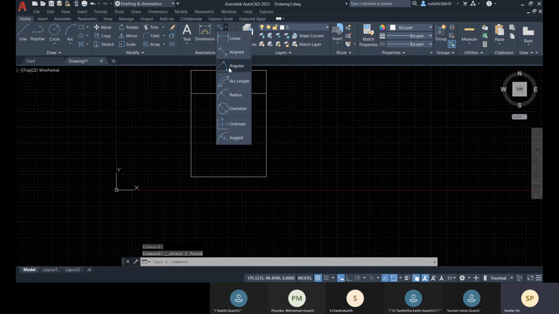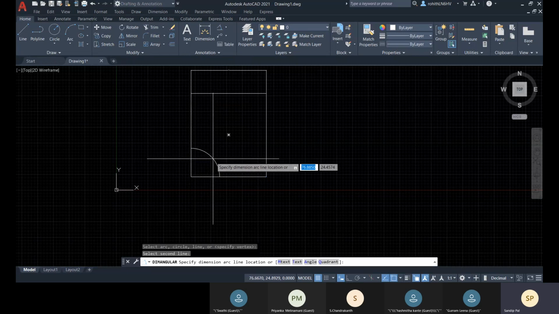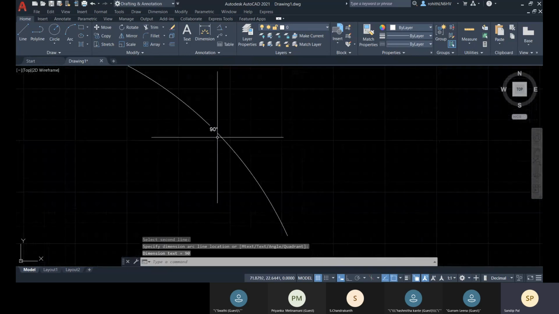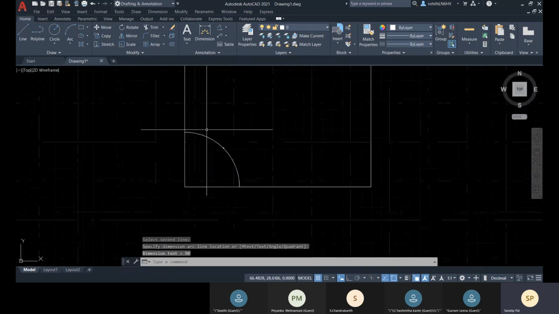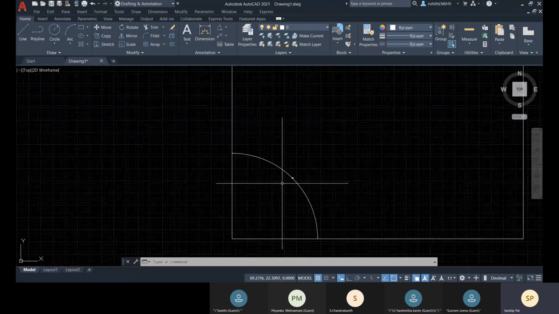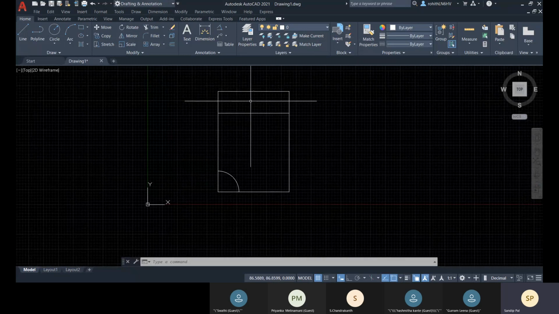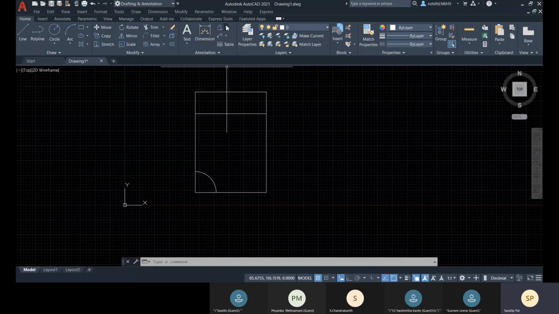Now you have this angular, so you select the first line and the second line, then it will show you the angle. Later I'll come to the fact that this arrow and text are too short, so we can hardly see them.